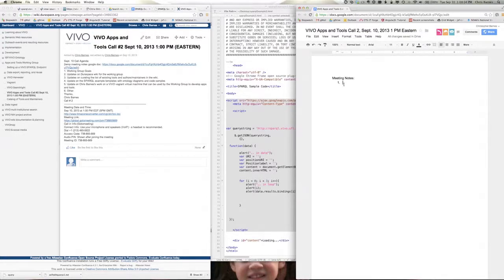Also, I want to make more code samples available in other languages. As an example, today I'm going to show a JavaScript example on how to execute a SPARQL query and pull back all the positions for a particular person, and then consume that data and reuse it. So those are some of my goals.